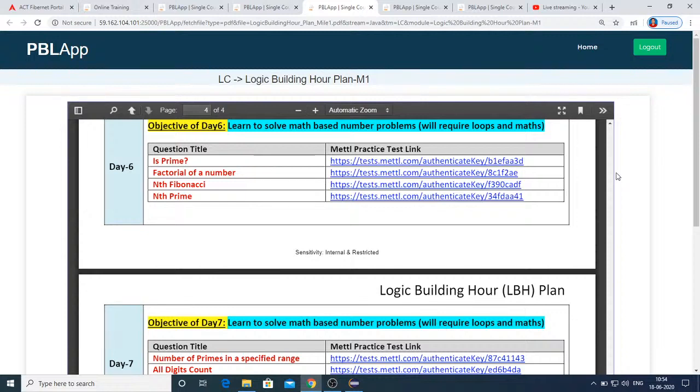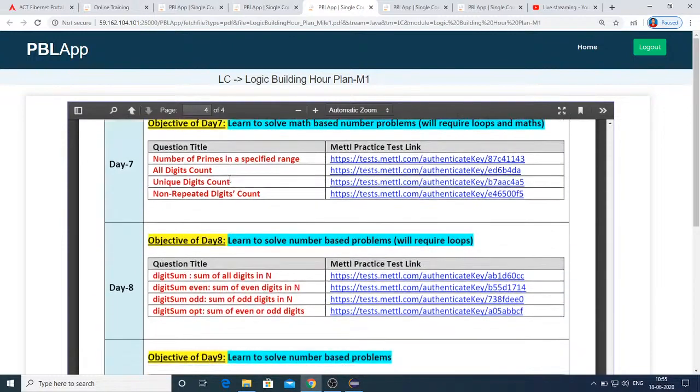I hope everyone is understanding what I am saying, because whatever you are submitting on the platform will be directly submitted to the server, but you can't have it stored on your local machine. So when you see that all the test cases are passed, I just want you to copy that code and paste it in your local machine and save it with the appropriate question title. It will be helpful for you in future competitive exams.